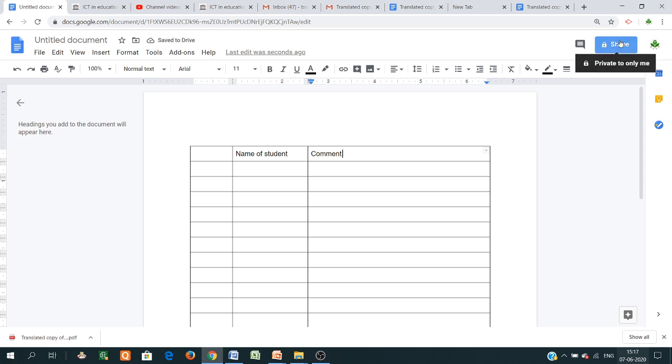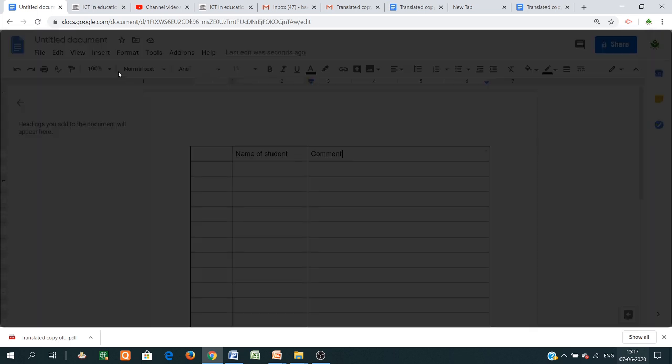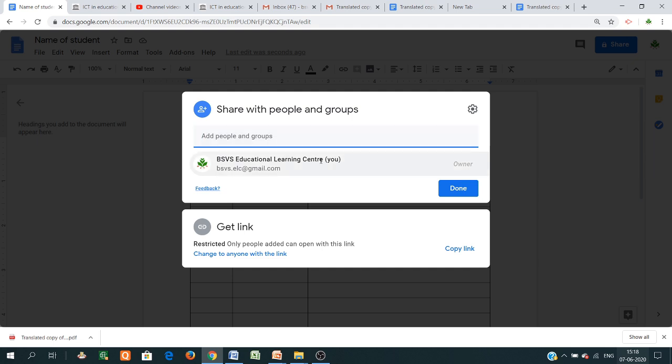And share this link: just give the document's name here, suppose name of student, feedback, and then go to the share option and send or get the shareable link.